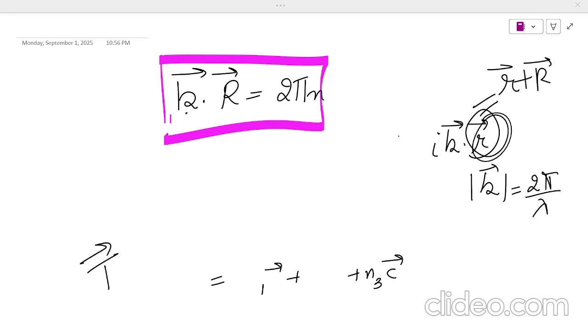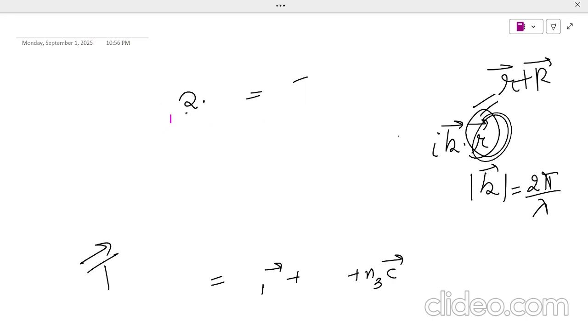Now in the further slides, I will show you that these specific values of k are actually the lattice points in the reciprocal lattice. So the reciprocal lattice is actually the fingerprint of periodicity. How can we define it? Just like the direct lattice tells me the positions at which the atoms would be placed,